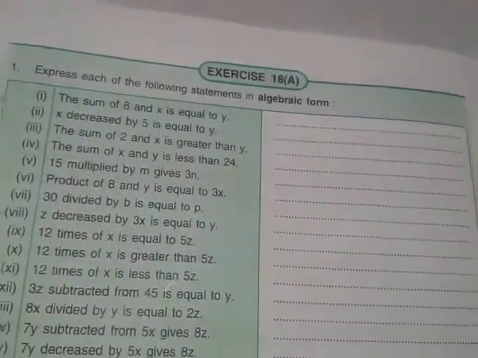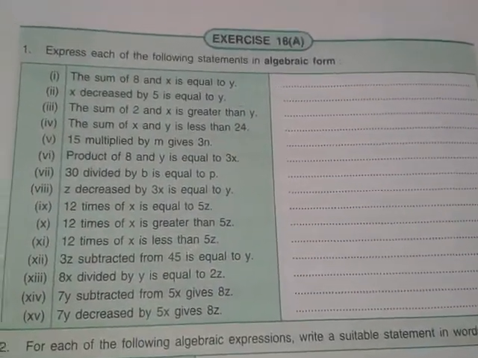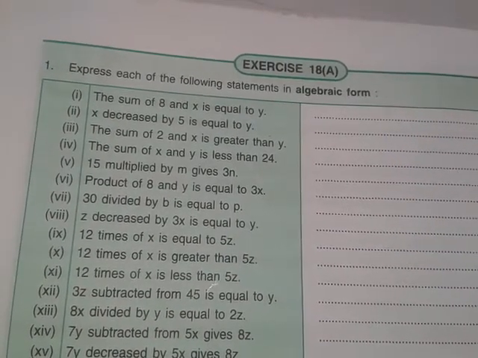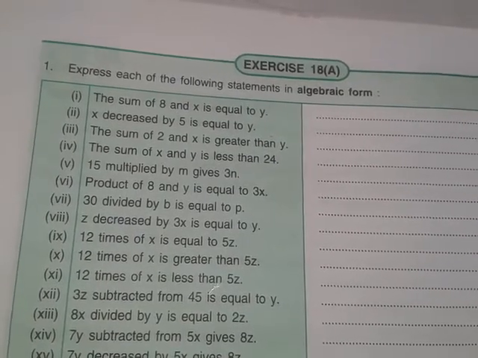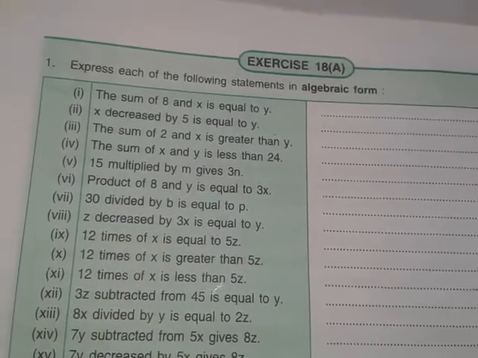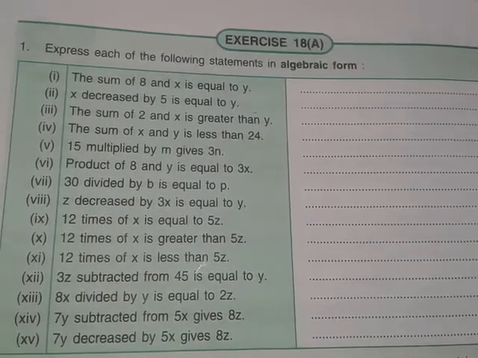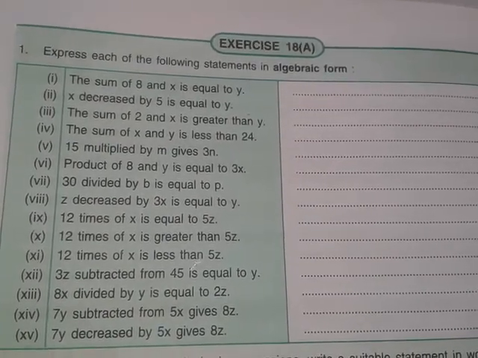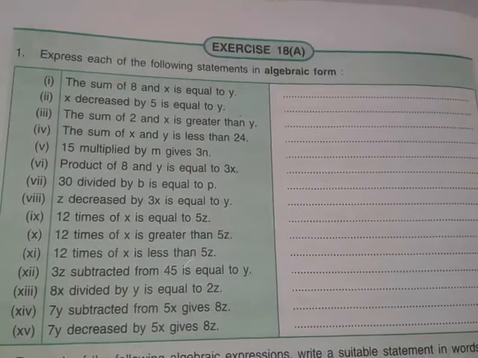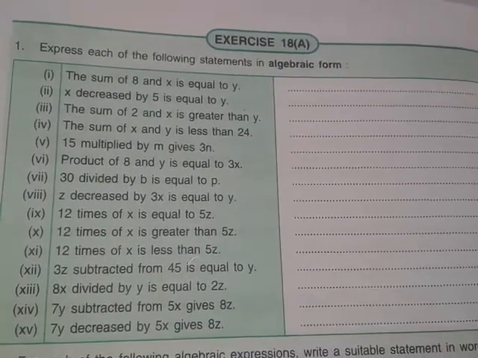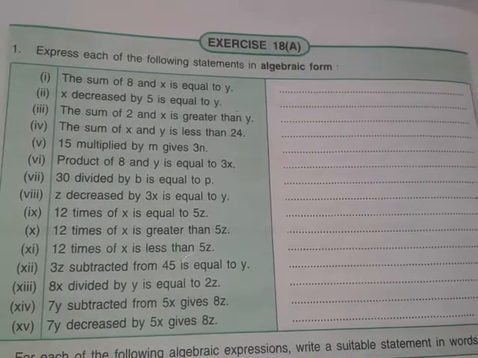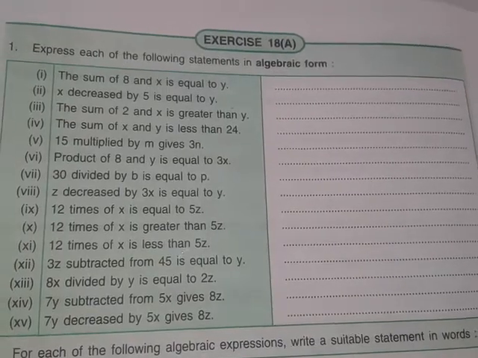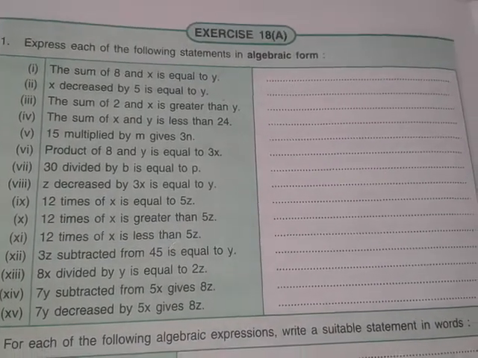Quick revision of chapters 18, 19 and 20, children, because time is very less. Also, the first unit test portion you all know very well: chapters 1, 11 and 12, if I'm not wrong, because at present I don't have the record. But the revision was already taken for the first unit test, so you can go through that revision once again. For the explanation part, please go through the previous videos. Those who have joined recently, please go through my previous videos for detailed explanation. This is just brushing up.